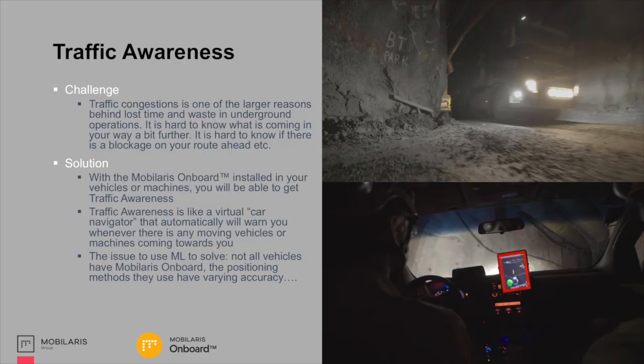Then we needed to do traffic awareness, and basically now we're talking about doing your usual GPS type of navigation device here. The issue we had here is that we have just a few trucks that have this rather accurate method, and we have a lot of other trucks with this jumpy 50, 100 meter accuracy Wi-Fi. So